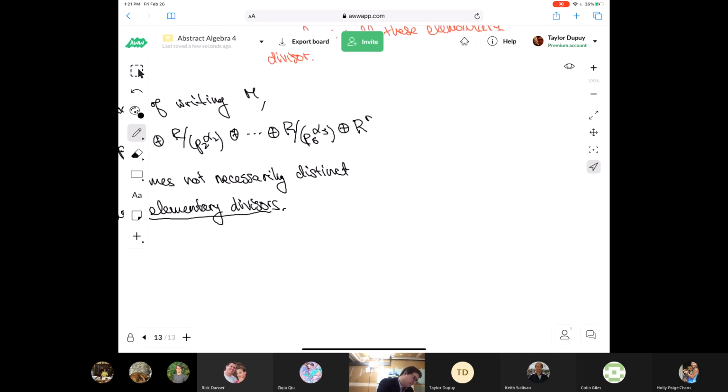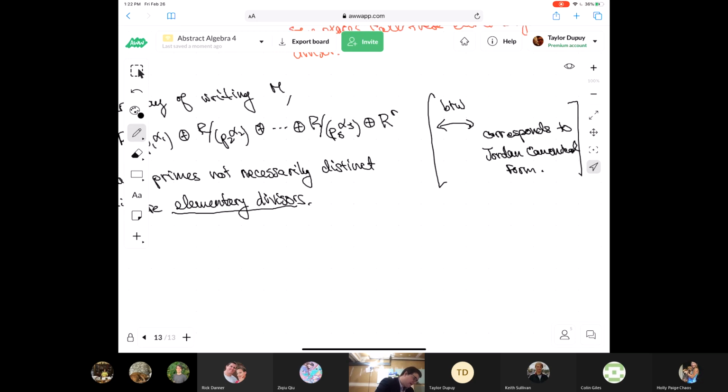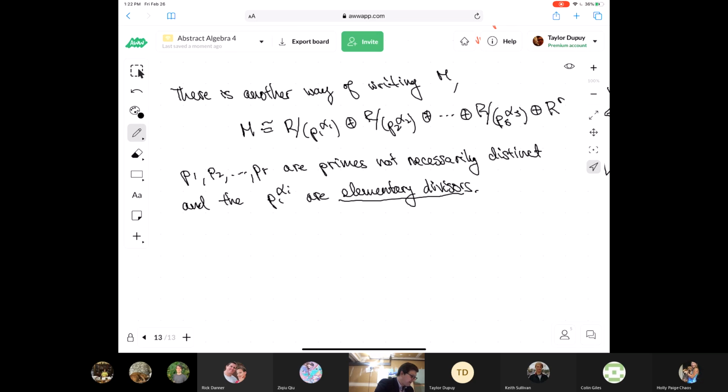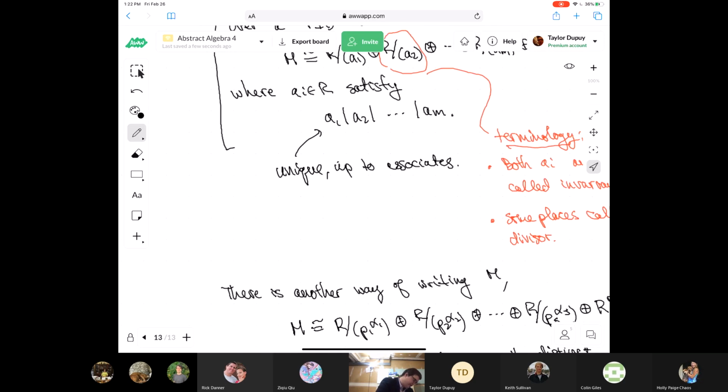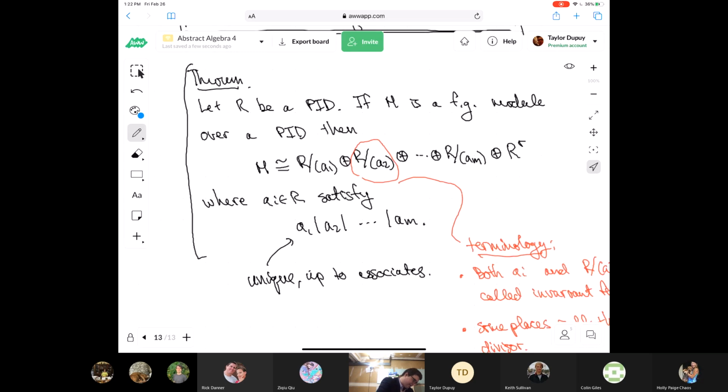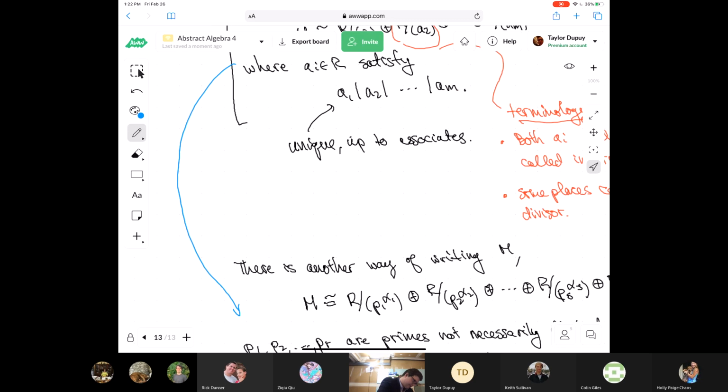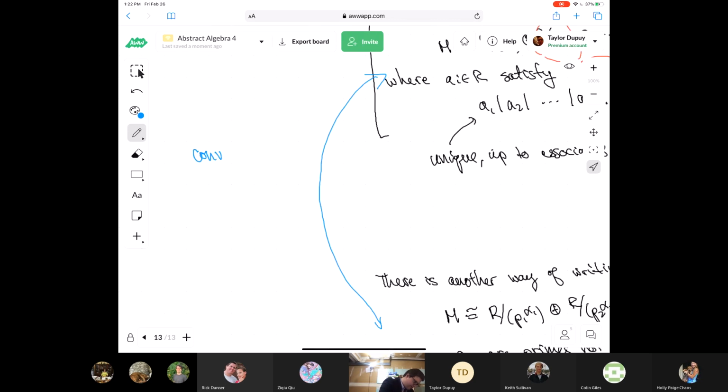These are not necessarily distinct prime divisors. And the conversion between this version and this version, the conversion between invariant factors and elementary divisors,